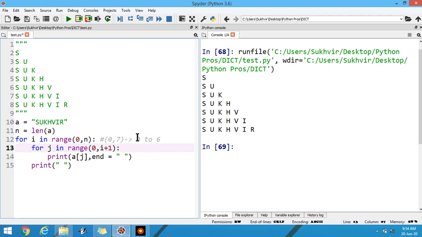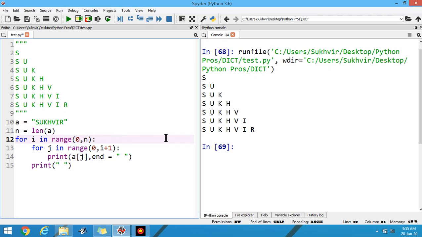If I place the first value as 0, it means 0 to 0. What is the meaning of this? It means nothing will print out. If I write 0 to 1, it means the value is 0 to 0. And if the second value is 1, it means I have to write 2 here. It means 0 to 2. It means it will execute from 0 to 1. That's why these values are there inside the printing.